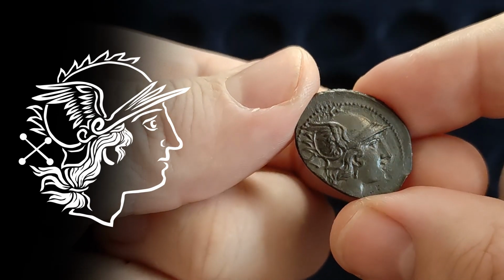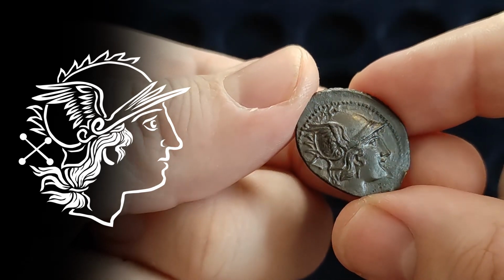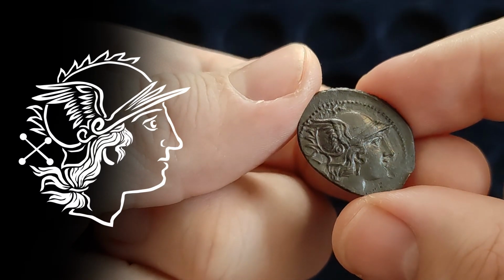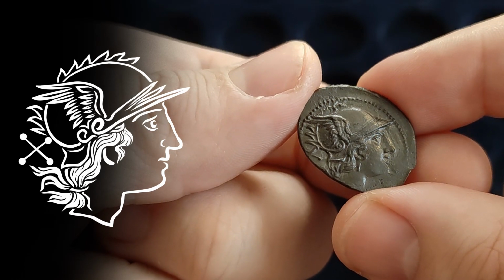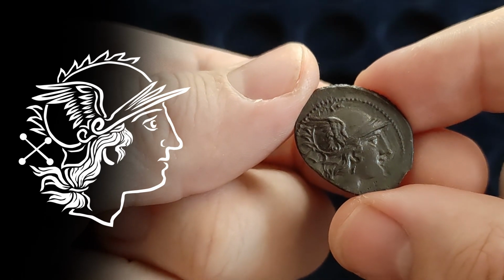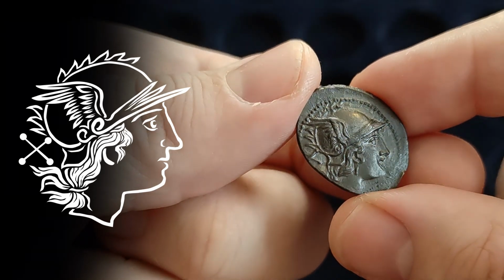This obverse would also be required to receive a denomination mark, in this case the Roman numeral 10 as an X, behind Dea Roma's head. This tied the new denomination to the much older system based on bronze coins used in Italy for centuries. The new denarius would be worth 10 asses, and later it would be tariffed to 16 as the bronze coinage